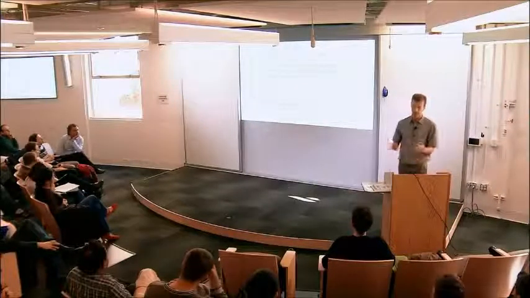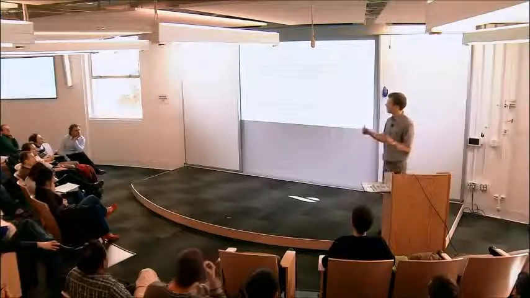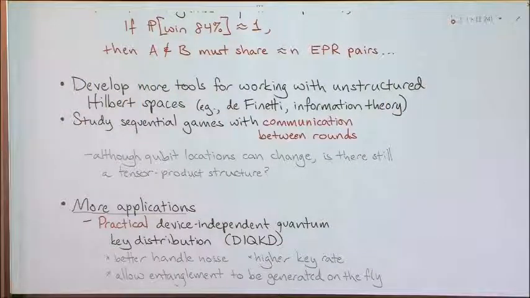Other questions. What if you allow communication between rounds? For example, here I'm saying you play these n CHSH games one after the next, but they can't talk to each other. And this is a problem for applications like device-independent quantum key distribution, because in most QKD setups, you generate the entanglement dynamically. Right? So you generate one EPR pair, you measure it, you generate another EPR pair, you measure it, and so on. This kind of proof doesn't allow analyzing that kind of setup. We need all the entanglement to be present at the very beginning of the day, and then you say these devices don't talk to each other from then on. So you can apply these theorems.